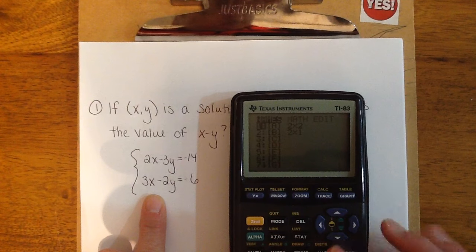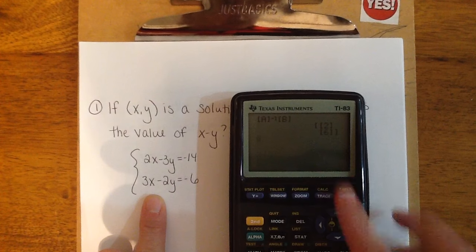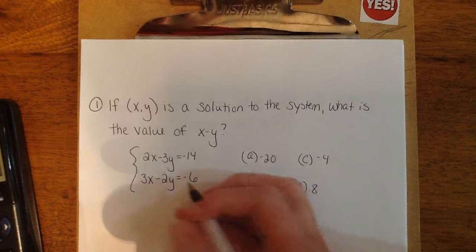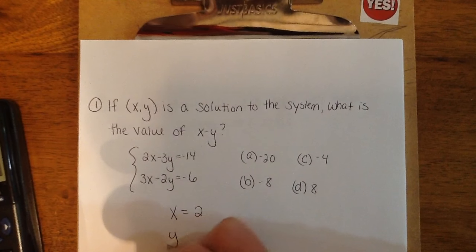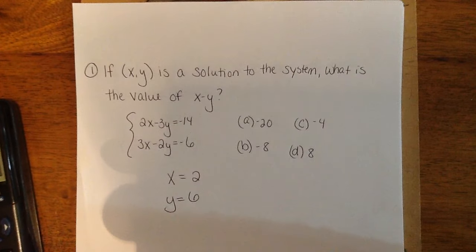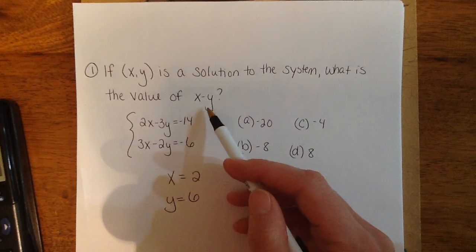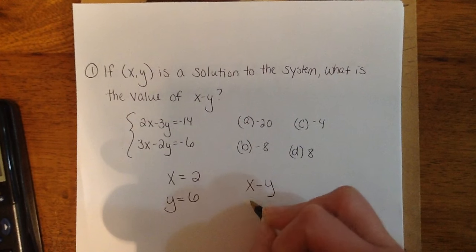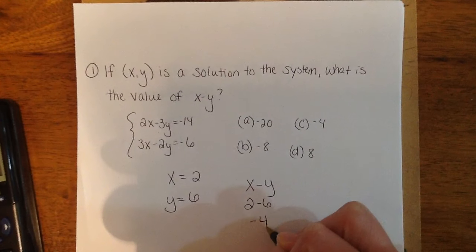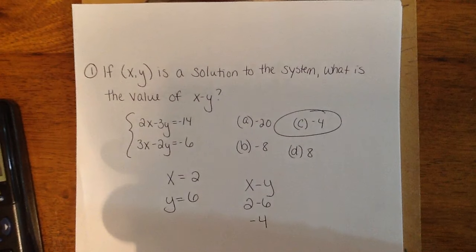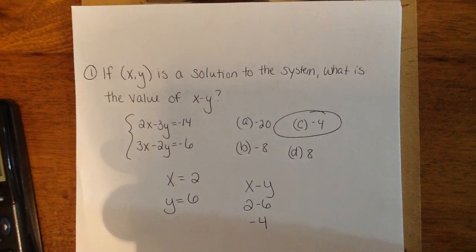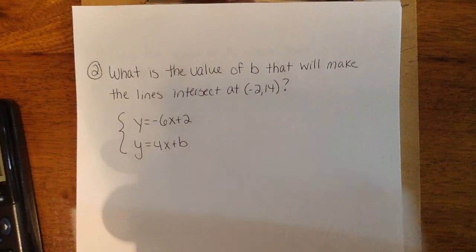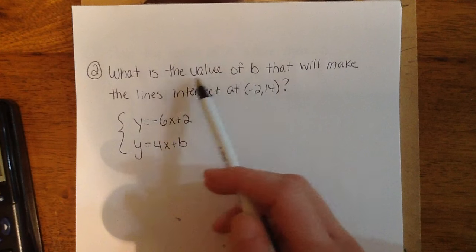So now I'm going to tell this calculator to solve it. And notice I get 2 and 6, okay? So I get my x value to be 2 and my y value to be 6. So that's typically what we would ask you for, but again, the SAT likes to go one step further. So all we have to do is x minus y. So that's 2 minus 6, which is -4, which makes my answer choice C. I don't think that one was too difficult, but I just wanted to expose you to these types of problems, okay? All right, number 2,